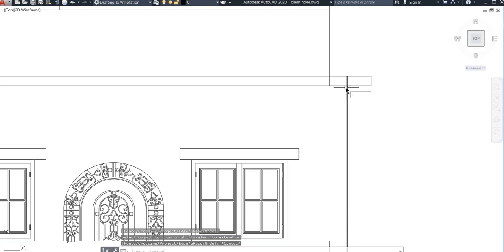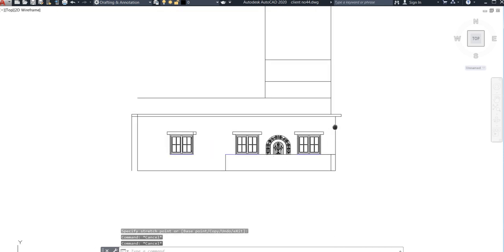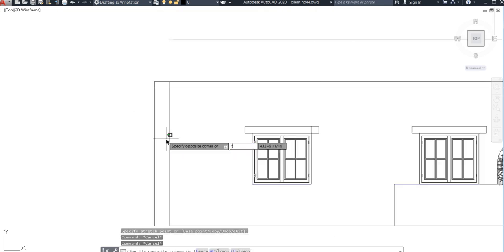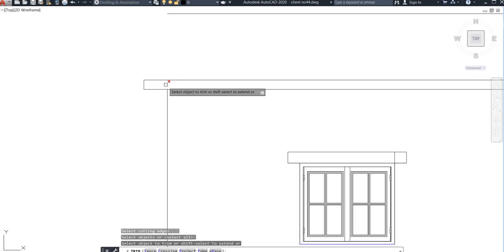Just do as you can in a proper way. Any confusions, if you do not know how to operate this, just comment. I will reply to it. Yes, like this way we need to go. We do not need this also. Just go with this. Just do this.